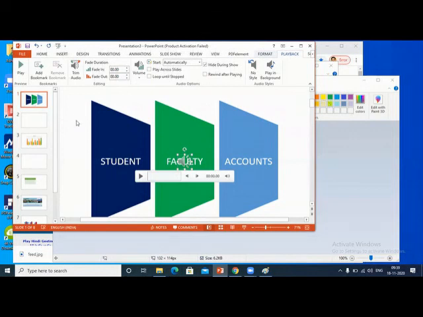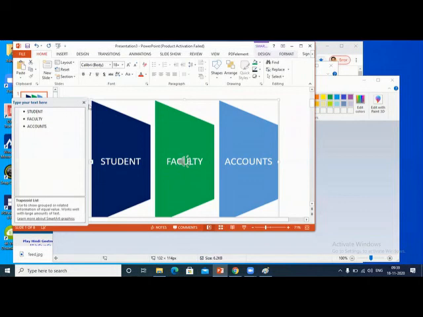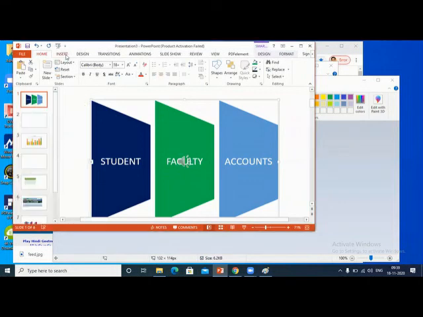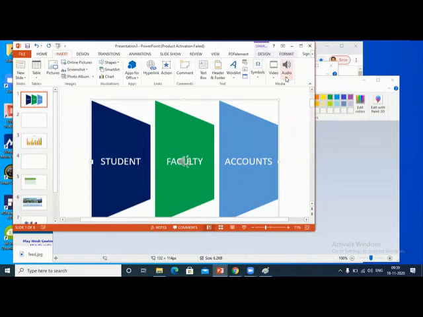Even you can insert the video here. Same procedure. You go to insert. Instead of audio, you insert the video, online video or your video. When you play that one, make it automatic, then hide, and then we can play the video. Same procedure. I hope you got some idea.